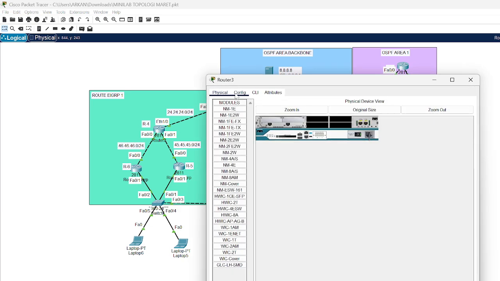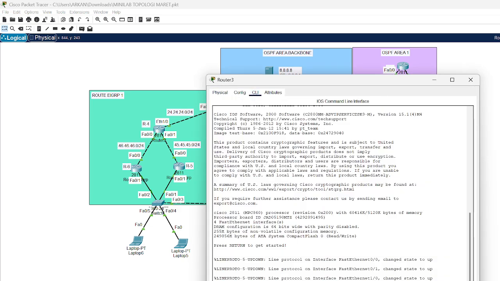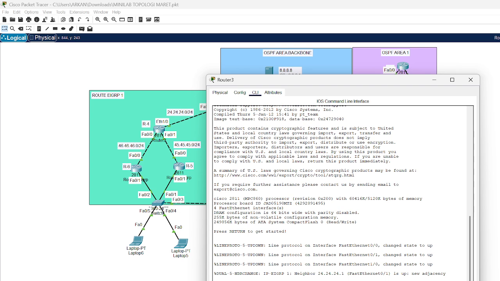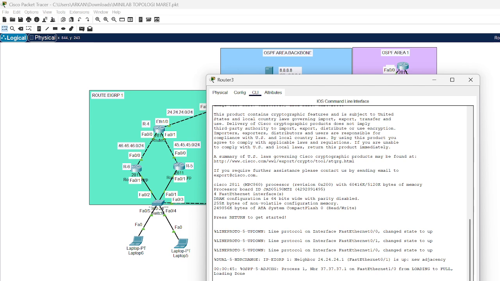I will show you router 2 and the show run.